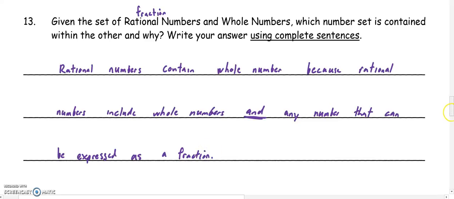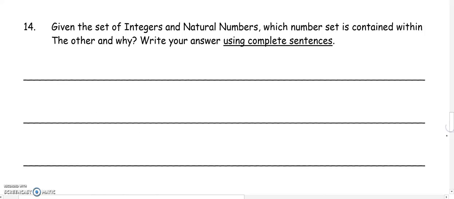Let's look at one more example. Given the set of integers and natural numbers, which number set is contained within the other and why? So in this case, which number set is bigger? This time it's going to be the integers because they also include negative numbers, while natural numbers only have positives. So we're going to say integers contain the natural numbers